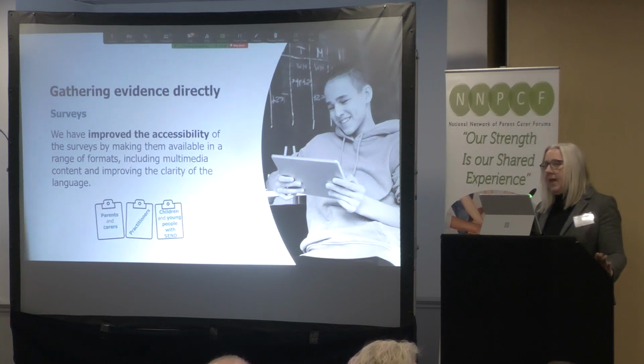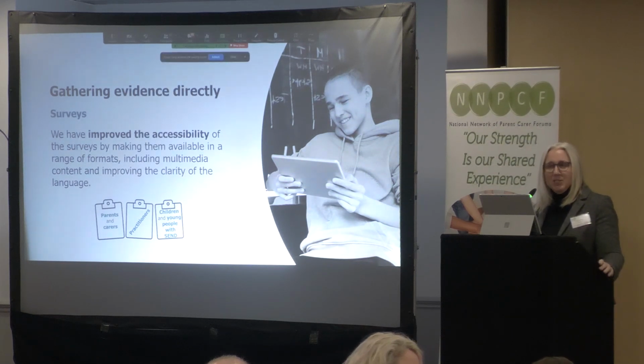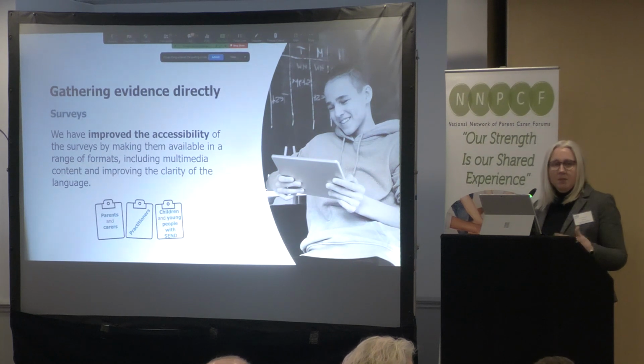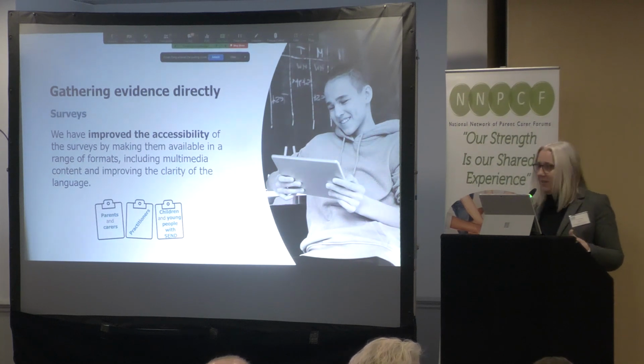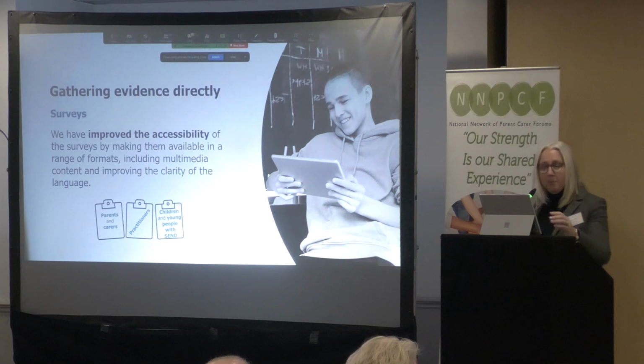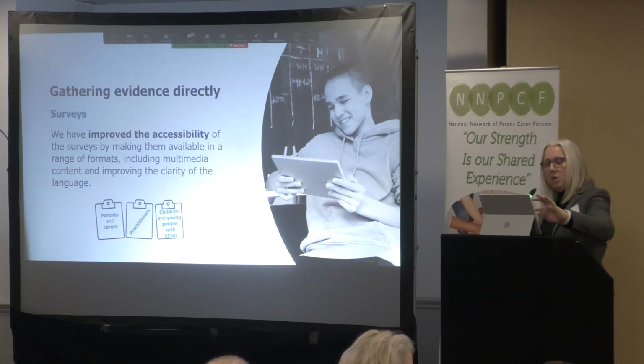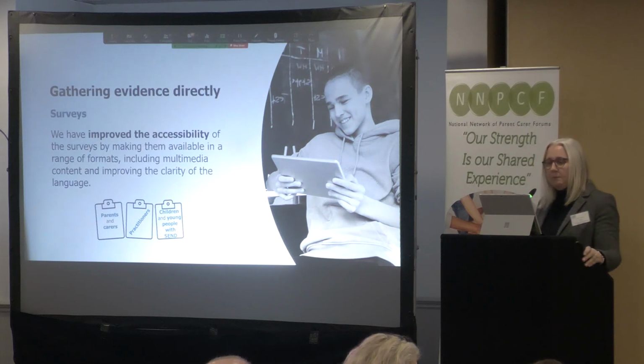Local areas will get a version that they can adapt into whichever format that particular area needs, they'll know best about that. But we don't really want paper versions going out, where we've seen that in pilots, families receiving paper versions and then being able to turn them around and post them back is not giving us that information we need. But local areas will get them. But you're going to play a significant role in making sure that those surveys get out to as far and wide as possible.